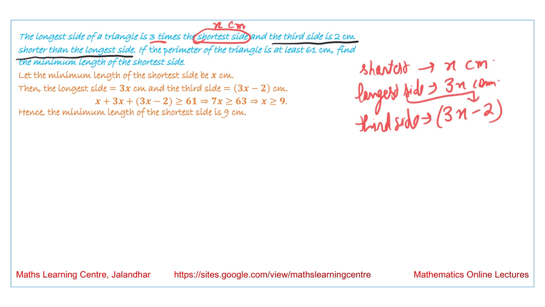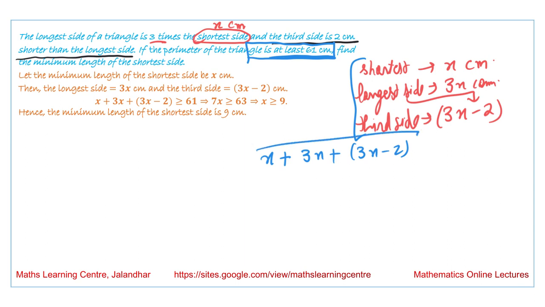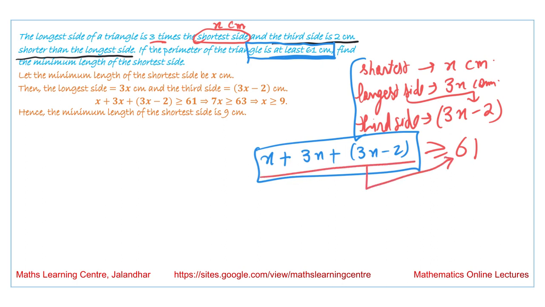If the perimeter of this triangle is at least 61, it means the perimeter is x plus 3x plus 3x minus 2, the sum of the lengths of all the sides, and it is given that it is at least 61. So the perimeter should always be greater than or equal to 61, and the minimum value of the perimeter is 61. On solving this equation we obtain that